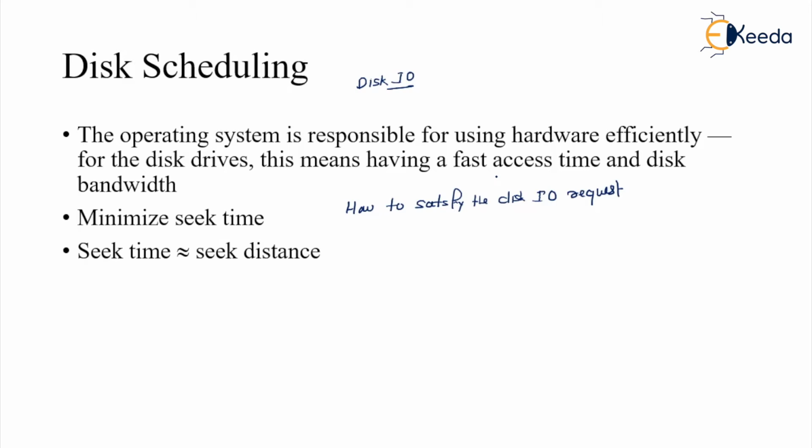So there should be some criteria. The operating system is responsible for using the hardware efficiently for the disk drive, and this means having a fast access time and disk bandwidth. Fast access means minimizing the seek time. So first the head